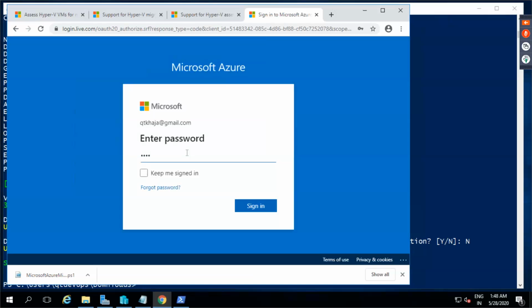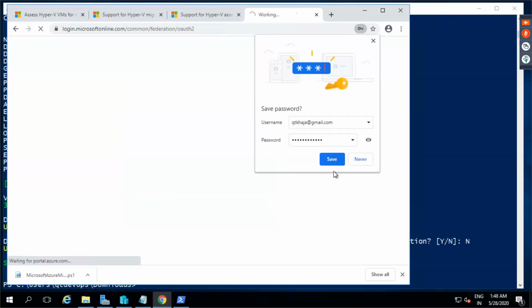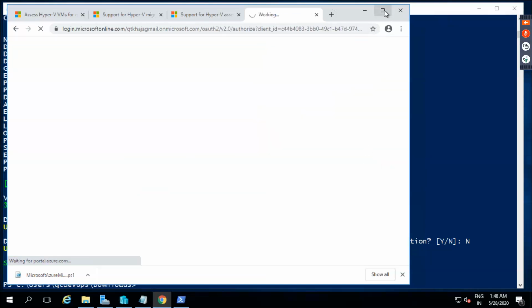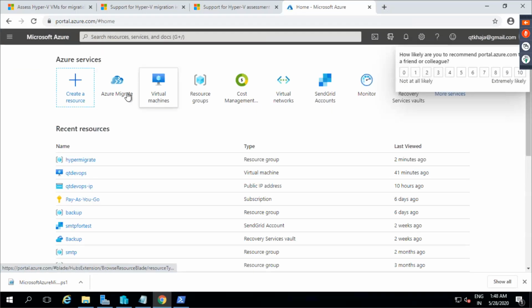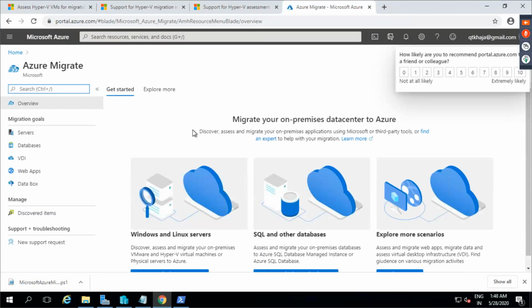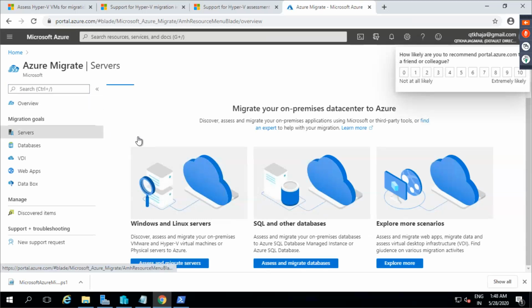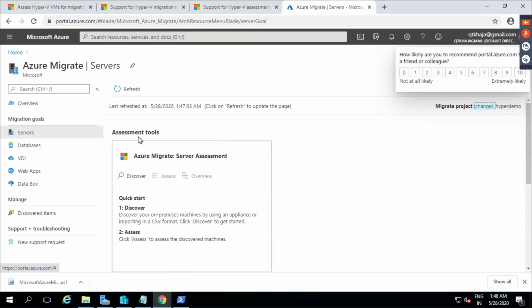Now let me get into this machine. Azure Migrate. I have servers. Right now I'm trying to work on servers.